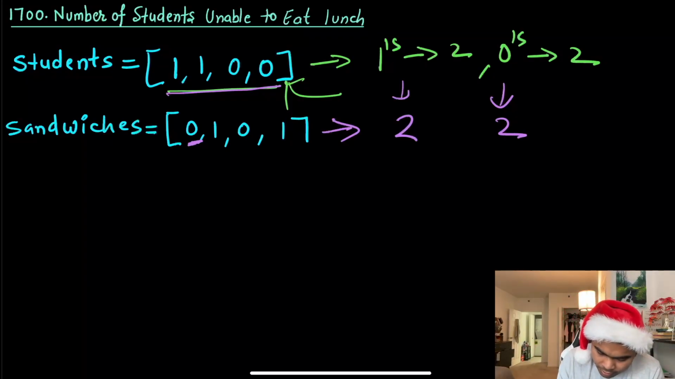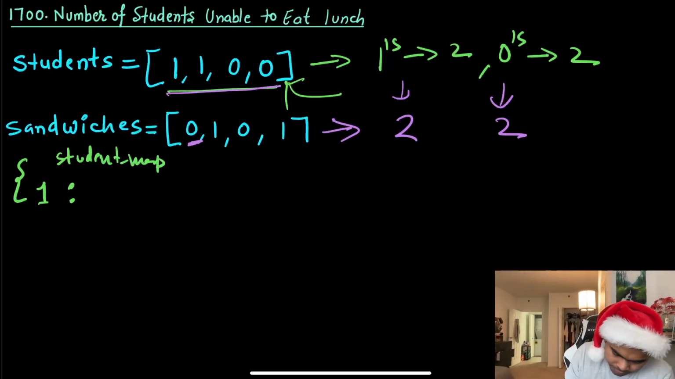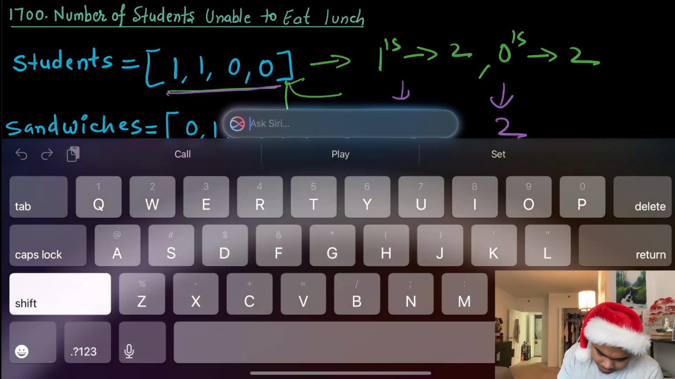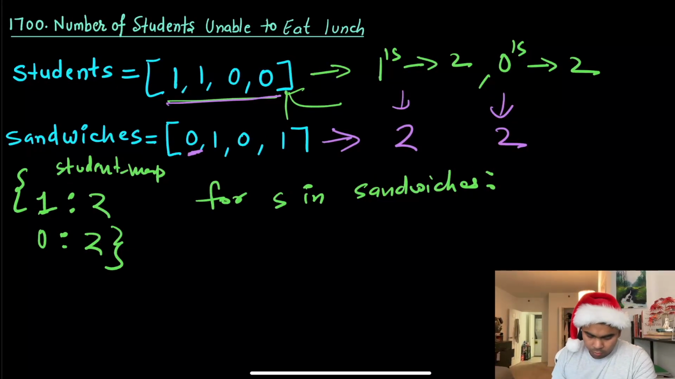So what I'm saying is, I will count the number of students who want 1. So I will create, let's say, a student map. I'm just going to call it student map. So 1 is 2, and then 0 is 2 here. Then I will run over the sandwiches. So for S in sandwiches,